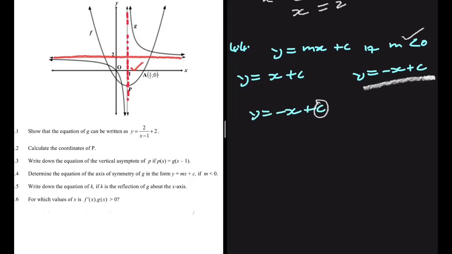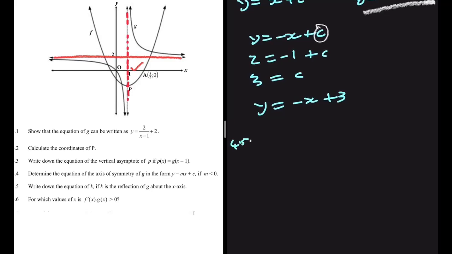We need to substitute a coordinate here. But which coordinate do we substitute? You substitute the vertical asymptote in place of x and the horizontal asymptote in place of y. So if we go ahead and do that, the horizontal asymptote is 2 and the vertical asymptote is 1, so 2 equals minus 1 plus c. So 3 is equal to c and y will be equal to minus x plus 3. And just like that, we have our axis of symmetry when m is less than 0. Let's go ahead and do